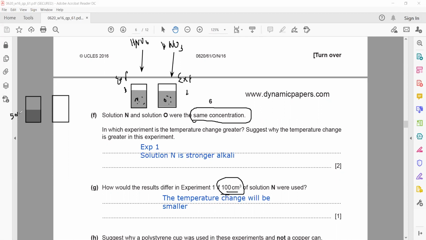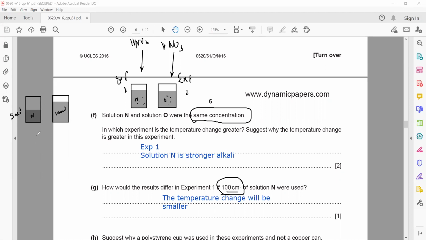So you have 50 cm cube of solution N. Now what you are doing, you are using 100 cm cube of solution N. So this 100 cm cube required more energy to show a change in temperature as compared to 50 cm cube,